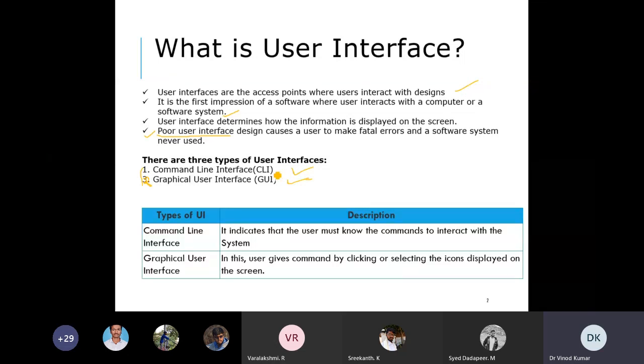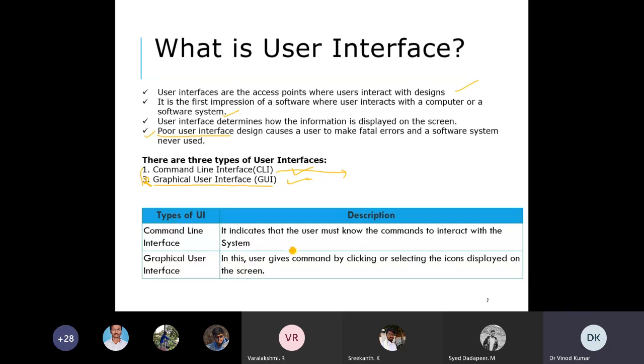First one is the command line interface, and next one is the graphical user interface. For the command line interface, we need to know the different commands, different instructions to operate the functions. So here the interaction with the system happens through a terminal using commands.